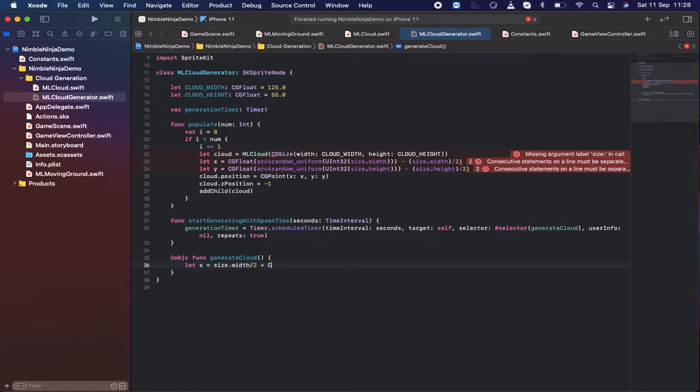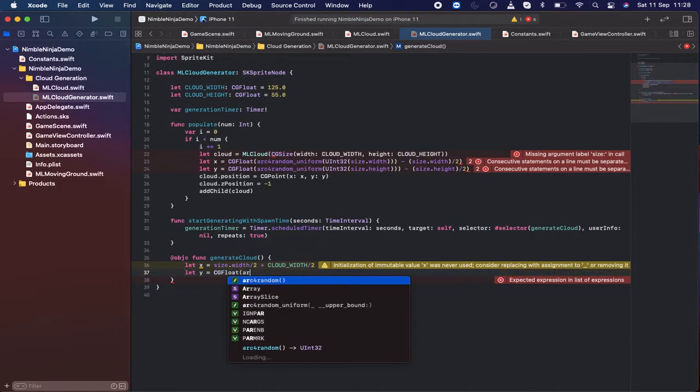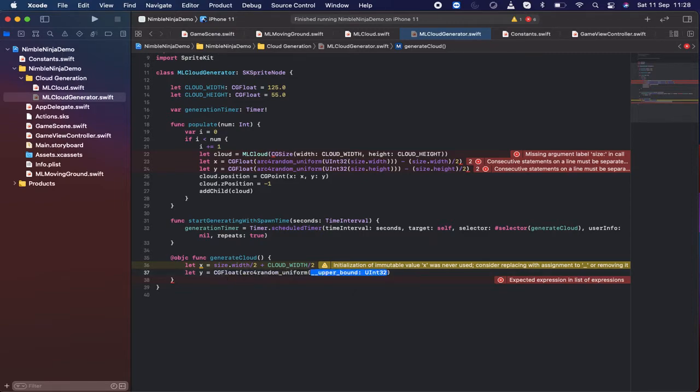and next one I'm going to bring here is let y equal to CGFloat, and this is of random, so ARC random, and it should be of uniform kind, so let's say underscore uniform, and the uniform thing will be of UInt32, and this should be of size dot height. And then I'm going to say minus, this is of the size dot height divided by 2,